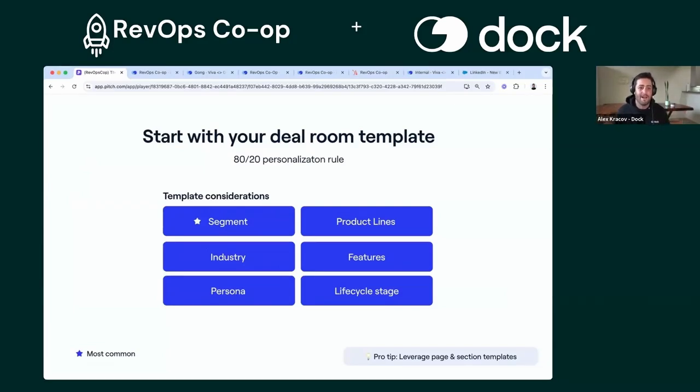You should probably have different templates for your enterprise, mid-market, and SMB segment. Your enterprise segment's going to be more personalized. It's going to have a business case in there. You might want to hide pricing. You're going to give your reps more flexibility for personalization, whereas your SMB segment is going basically zero personalization,